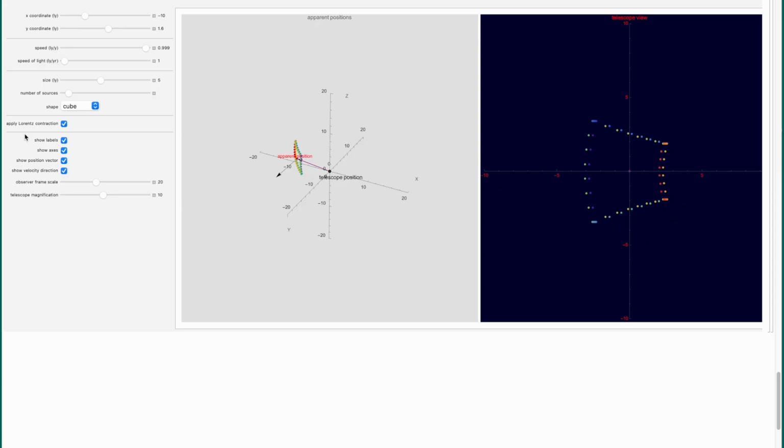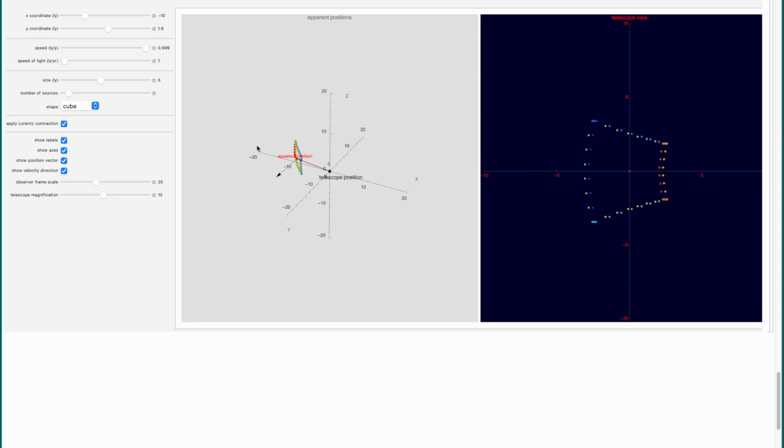Not least, we can turn Lorentz contraction on and off. Let's play with that. Remember that 2 effects work together to create this appearance. One is Lorentz contraction, which is the contraction of this object in the direction of motion, which is this way. There's also the latency effect.